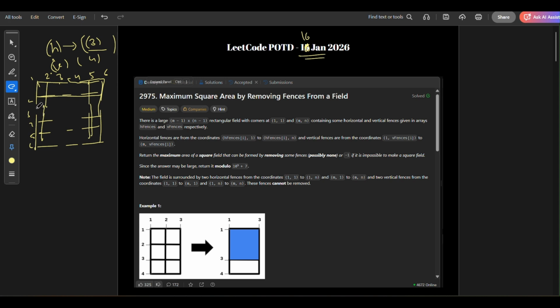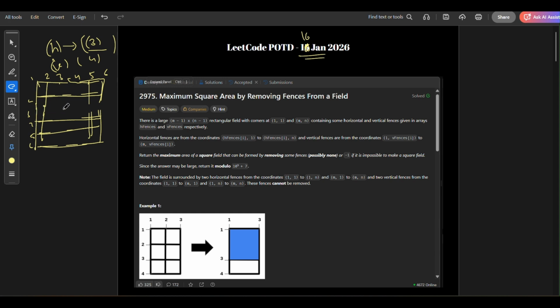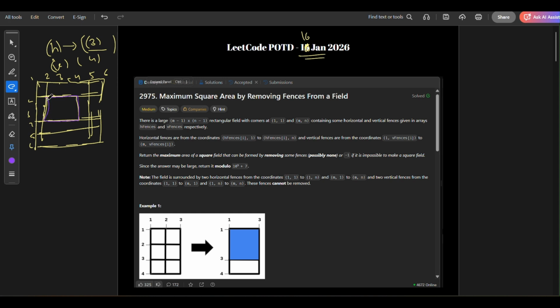This one will be there, this one will be there, but we have to remove this one. So we can see that there is a square forming in between, of side length 2. But the thing is, if you can see clearly,